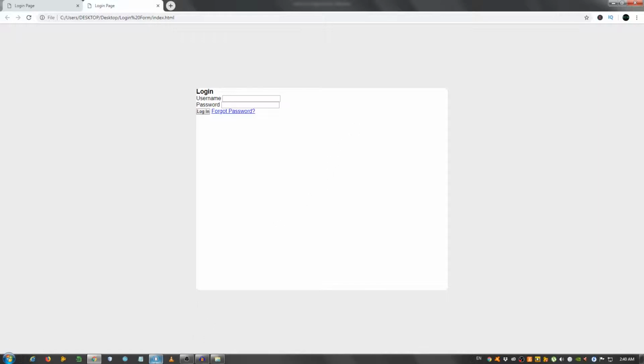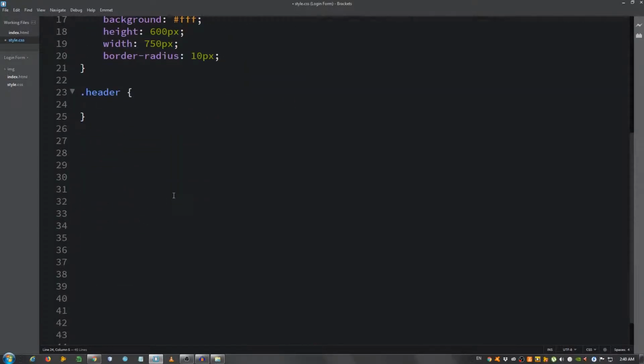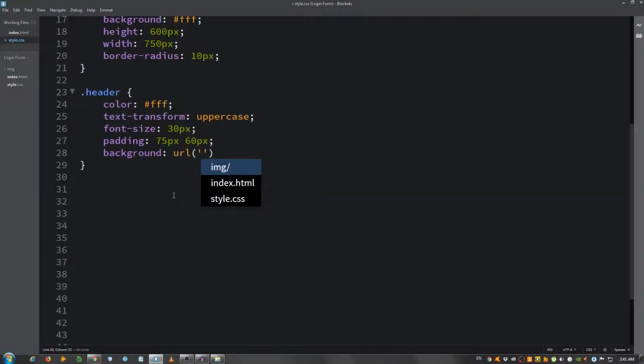Now I'm gonna go back to the text editor. I'm gonna select the div with the class of header, so header, and inside of here I'm gonna give the color of white, text transform uppercase, a font size of 30 pixels, padding 75 pixels on top and bottom, 60 pixels left and right. Now I'm gonna set the background, I'm gonna say URL, and I'm gonna select the image, and I'm gonna